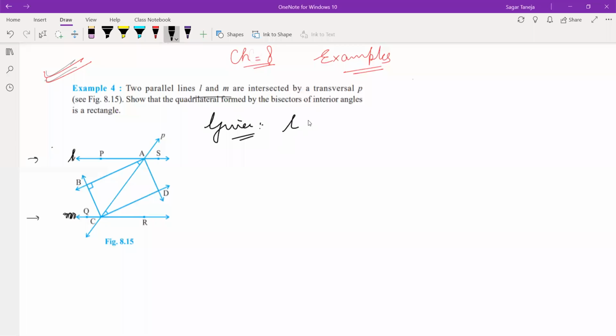that line L is parallel to line M, and it is being intersected by one line, that is line P, acting as a transversal. Show that quadrilateral formed by bisectors of interior angles is a rectangle. Means these are given the bisectors of the interior angles. Means this AB,